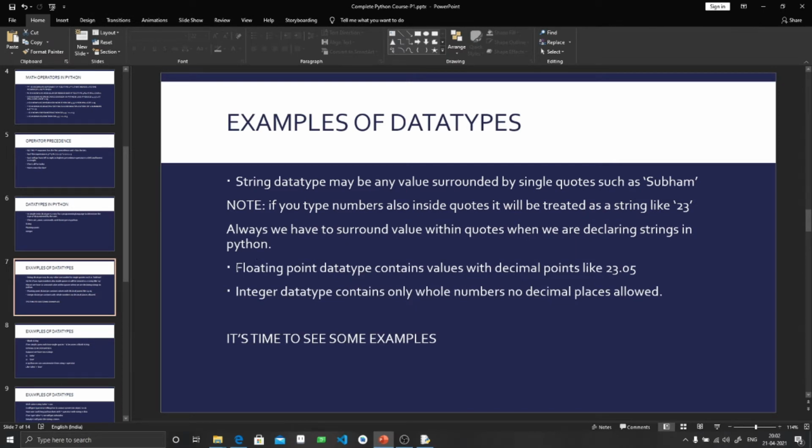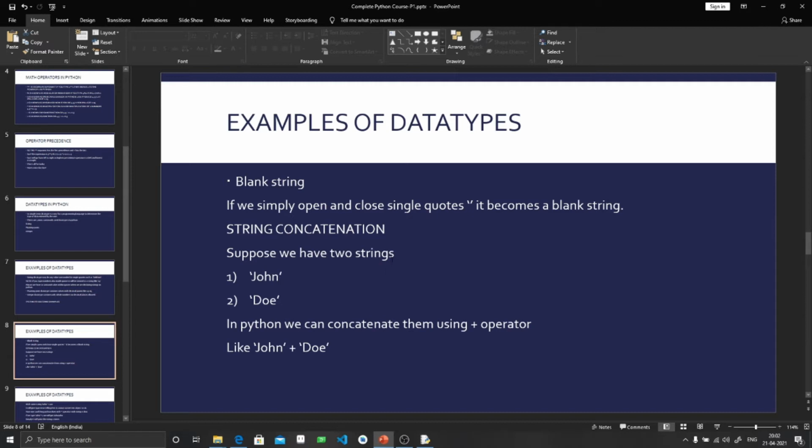Next comes the floating point data type. The floating point data type contains values with decimal points like 23.05, and integer data types only contain whole numbers that do not have any decimal places. It's now time to see some examples.